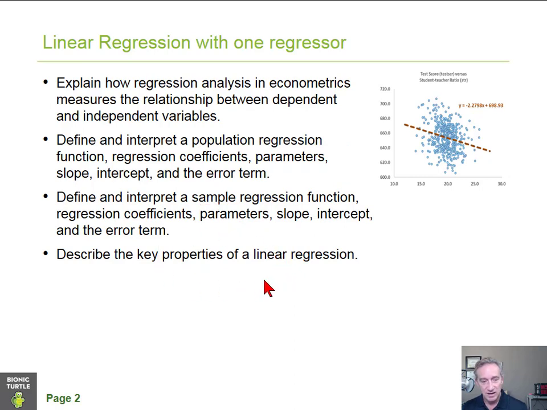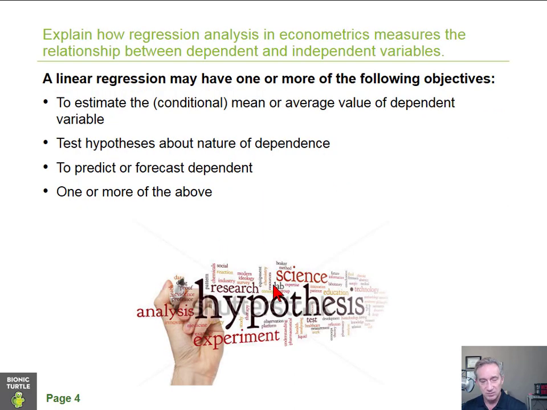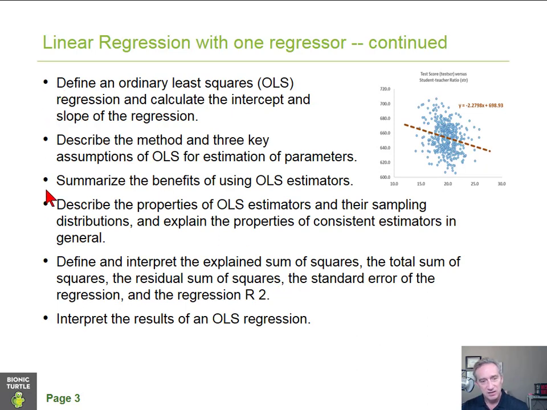Now, long set of learning objectives, although, as I've said before, these could be streamlined more, GARP could. I think there's some redundancies in here because we're primarily referring here to ordinary least squares regression. That's the common regression that most of us are familiar with, and how that's estimated and what it means to generate OLS estimators. So we'll look at that in the slides to come. And then